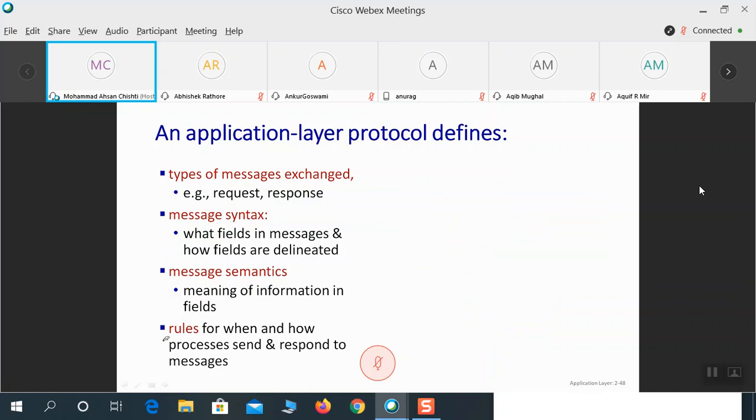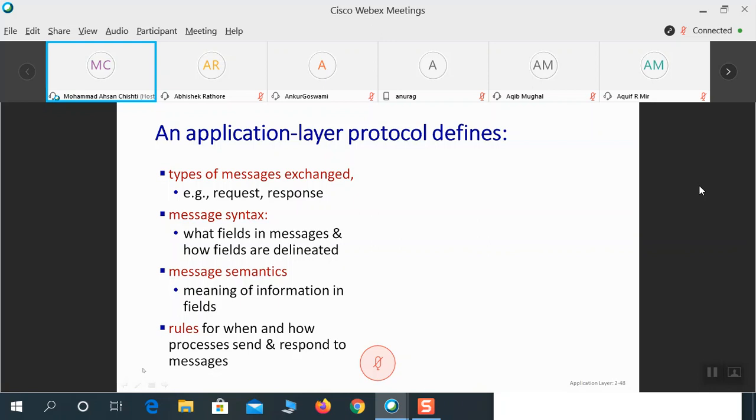Okay, then we move on to the application layer protocol, what it actually does. It defines the types of messages that are exchanged, whether it's a request or a response. An example would be HTTP request and HTTP response.